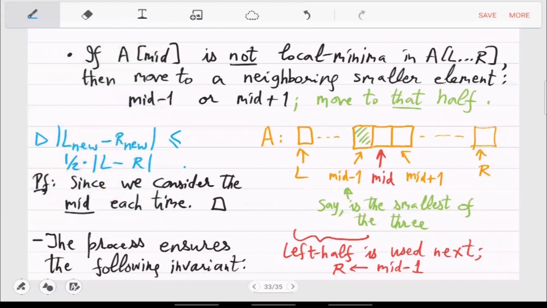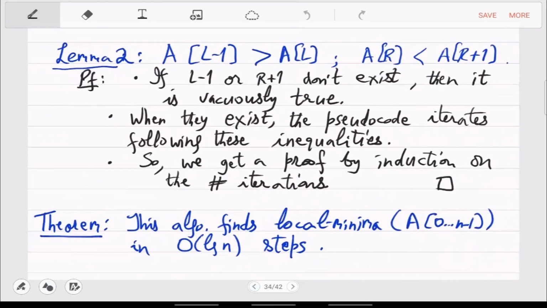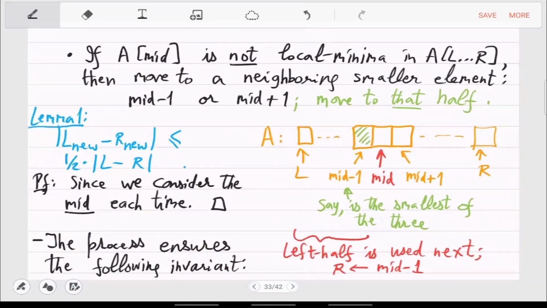So now you want to apply this to 2 dimensions from 1 dimension. Okay, so how do we do that? Any ideas? We also check the corner elements, along with the neighboring elements.